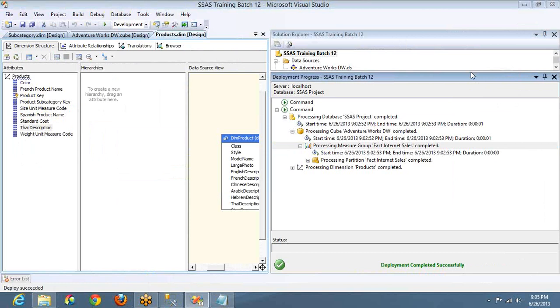Take AdventureWorks, in that create a data source pointing to AdventureWorks, create a data source view with 8 dimension tables and 2 measure group tables, create 2 measure groups and 8 dimensions, and process the cube and send the cube backup to me. I'll restore and I'll check. Is it clear?